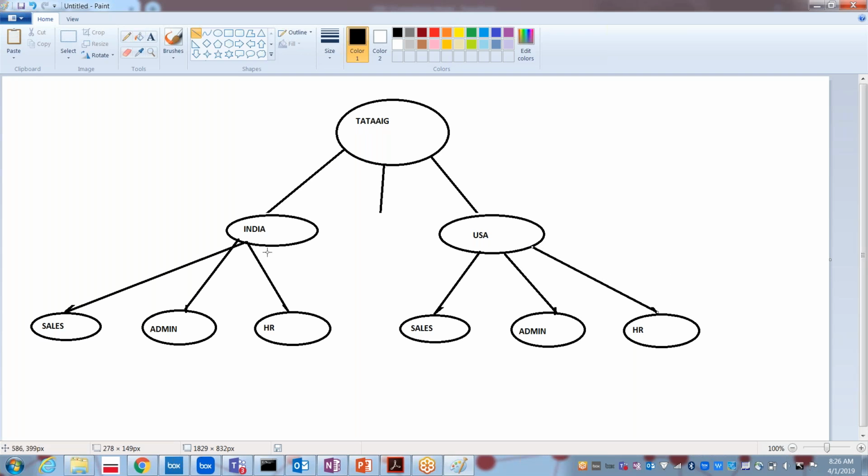Under the Tata AIG, we have various countries. Under the countries, we will be having various departments. So organization, division, and unit. Like this, we can differentiate each and every thing here.